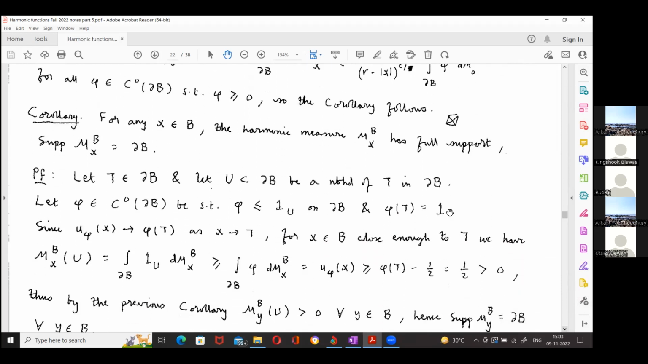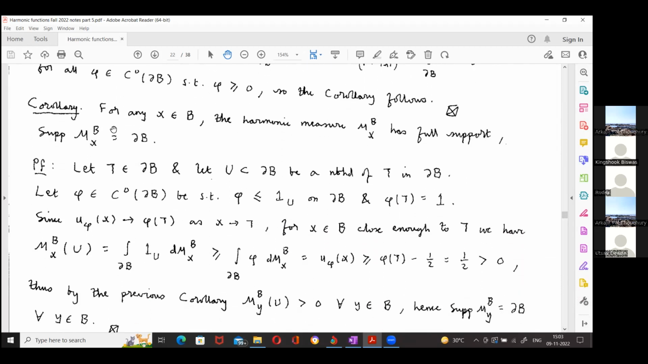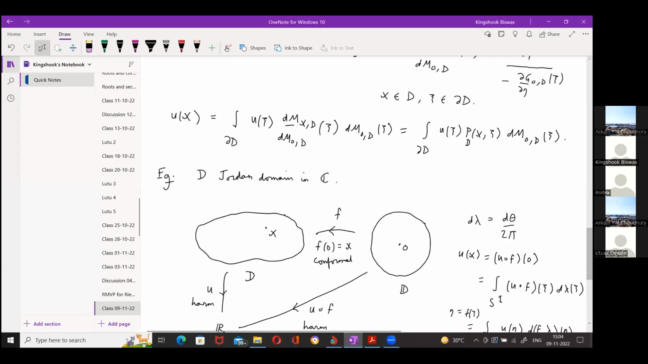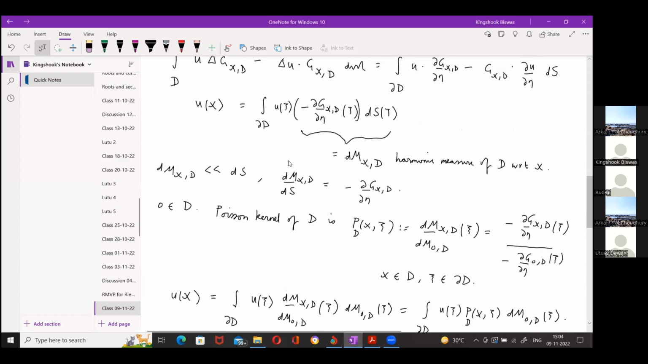that the harmonic measure has full support. The support of the harmonic measure is the whole of the boundary of the ball. So if you know about the Green's function of the ball, you can maybe try and prove it that way, because you know that the harmonic measure is absolutely continuous with respect to Lebesgue measure of the boundary, and the Radon-Nikodym derivative with respect to Lebesgue measure of the boundary is minus the normal derivative of the Green's